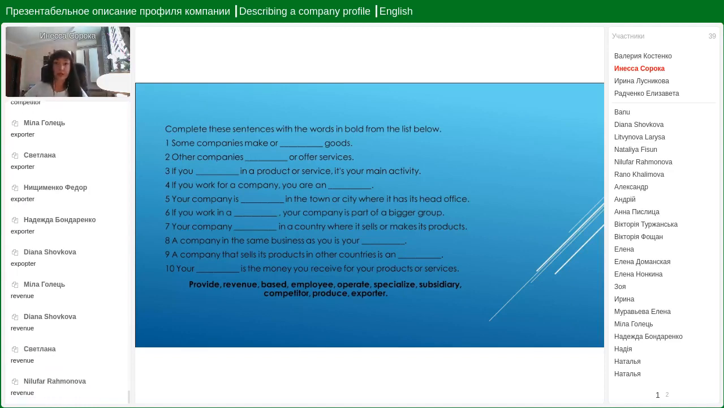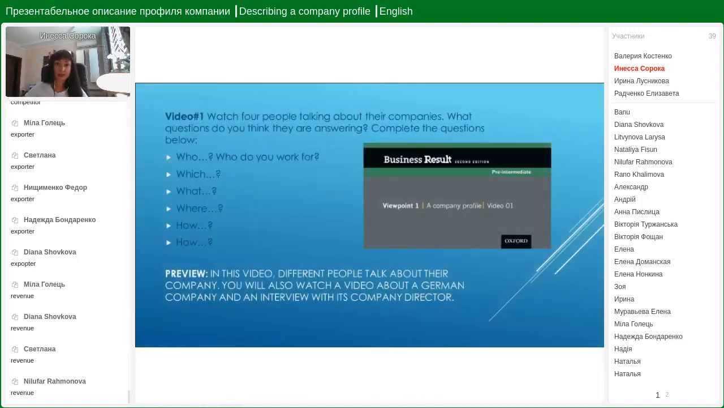Okay, now guys, we move to the next slide. And in this video, we will be watching a video. And in this video, different people talk about their company. You will also watch a video about the German company and an interview with its company director. So the task is the following. To watch 4 people talking about their companies. They will be presenting their companies, describing their company profiles. And you will need